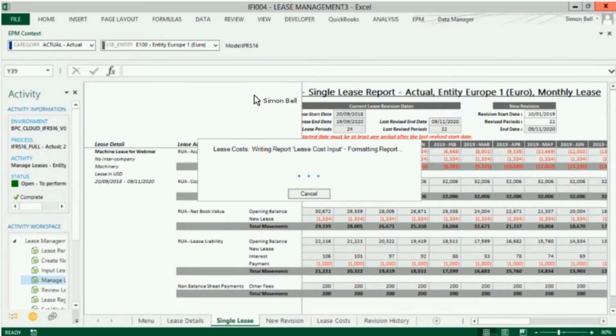We can see there that the revision information now runs out to the end of 2020 instead of to September 2020, and we could use this schedule again immediately to start running